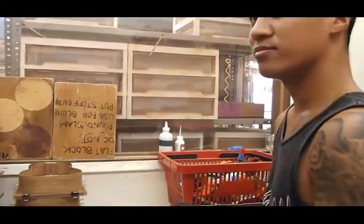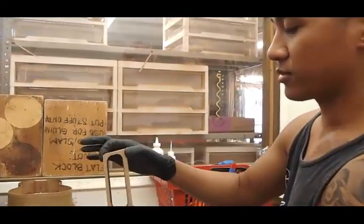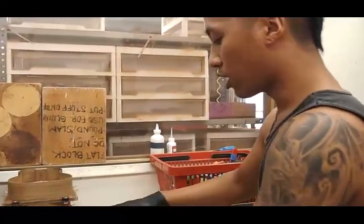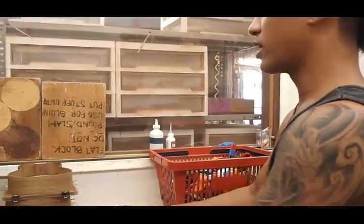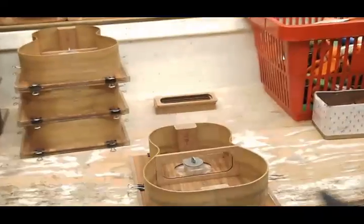It's like a center brace, you call it? Our unit brace. Unit brace. So once that's in here, it's the same process as the face. I'll go ahead and sand down the back area on the back. I'll wait roughly 30 minutes to an hour for it to dry. And then we normally have